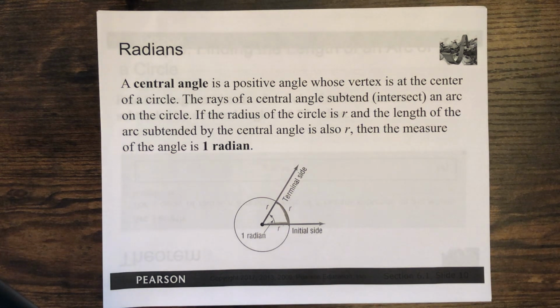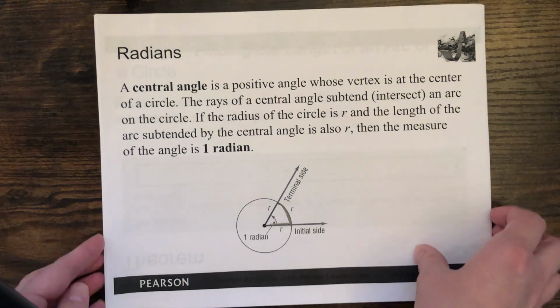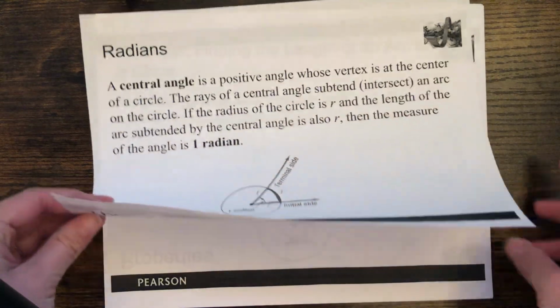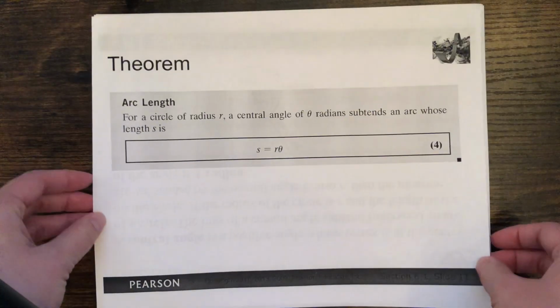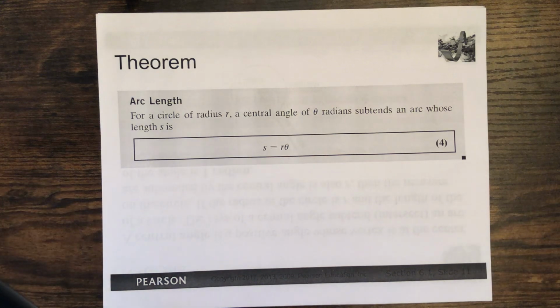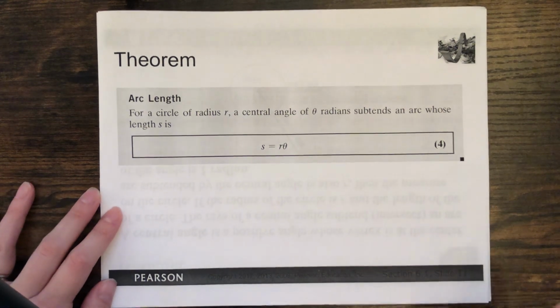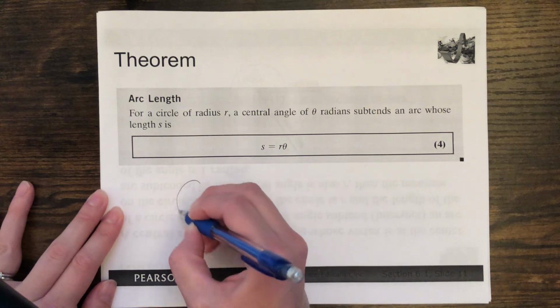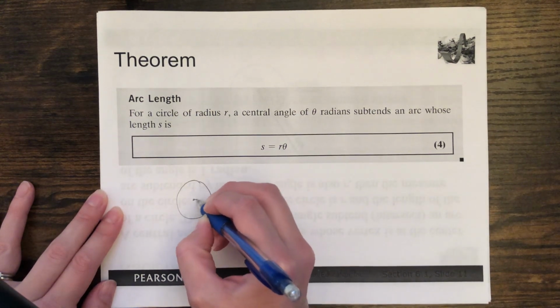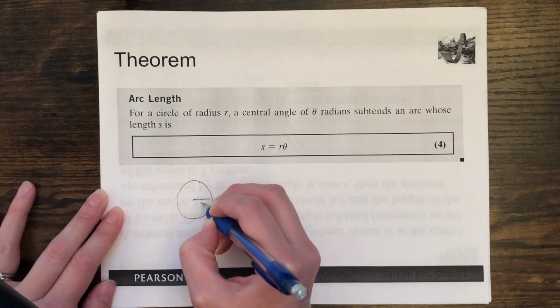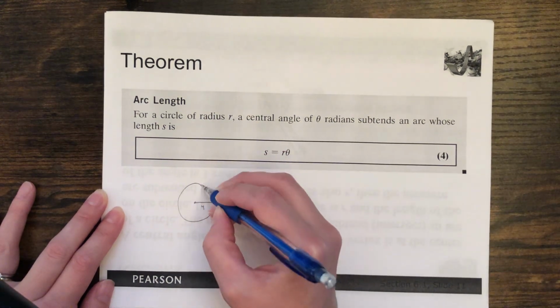So we didn't have to talk about angles in degrees all the time. We could also talk about them as radians. And in fact, we do a lot more calculations with radians. So when we talk about an arc length, we had a way that we would talk about the length of an arc of a circle. If you had an example here and you knew that the radius was, let's say, 4,